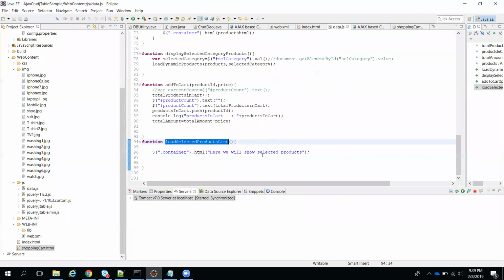Instead of this message, whatever products you selected, we have to show a summary. This is the product you selected, quantity 2. This is the price of each item. This is the price for these two items. Like that it will show one row. At last, the total amount you have to pay, then a Place Order button. This is my requirement. So for this I will start today.